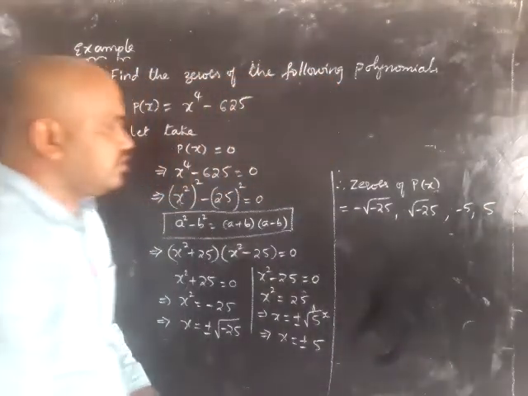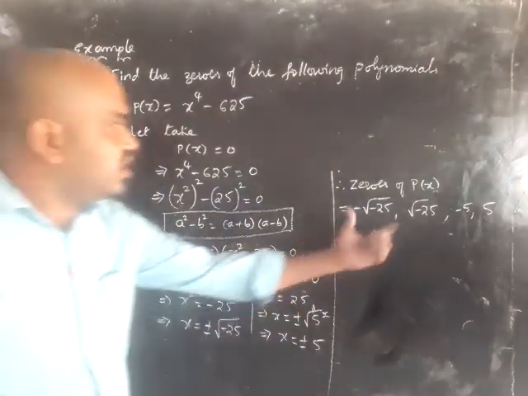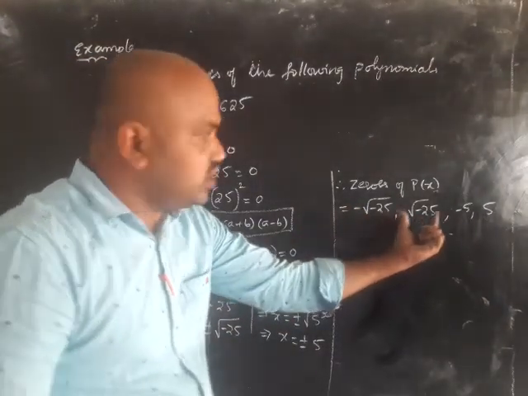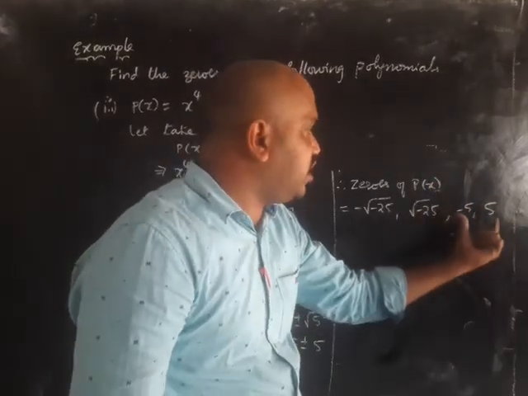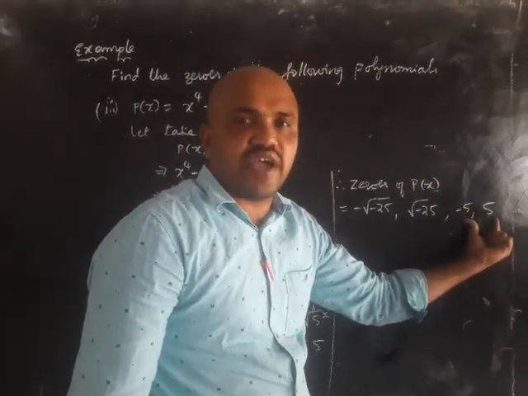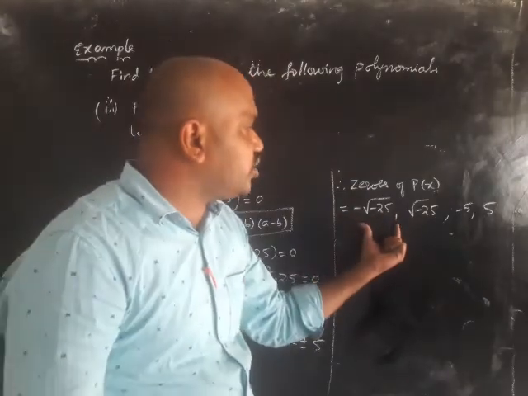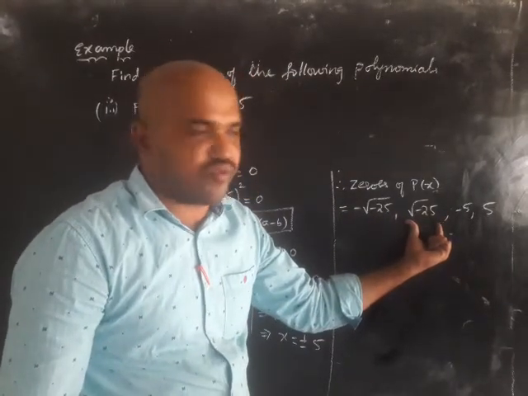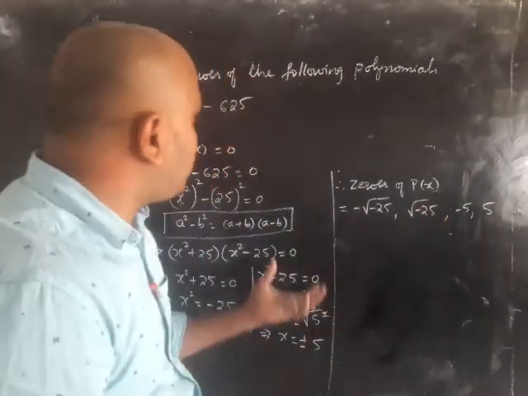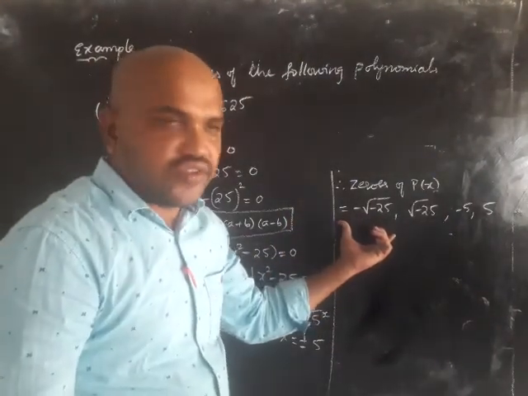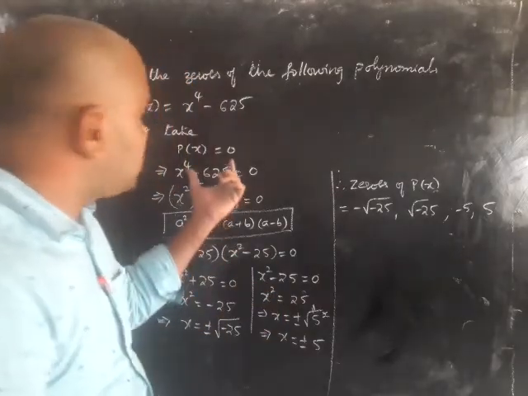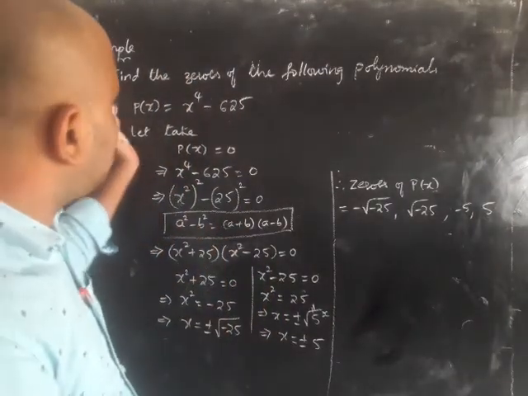See here, now these two are not real roots. These two are real roots. In the examination, if it says to write only the real roots, we have to write minus 5 and 5. Don't write minus root of minus 25 and root of minus 25. So this is about the zeros of the polynomial, how to calculate. Is there any doubt here? So understood now, everyone?